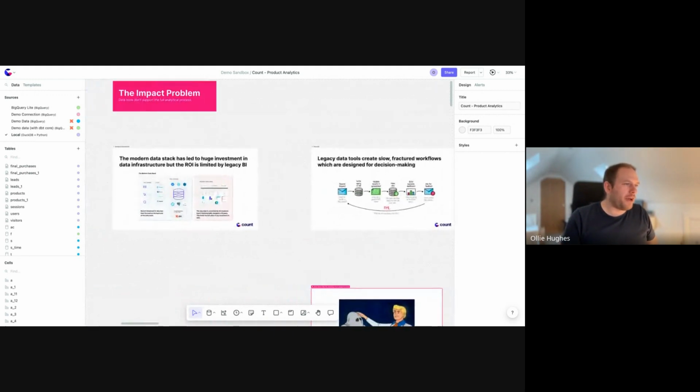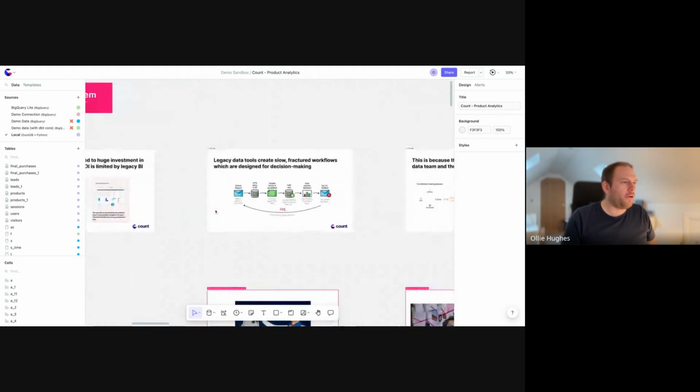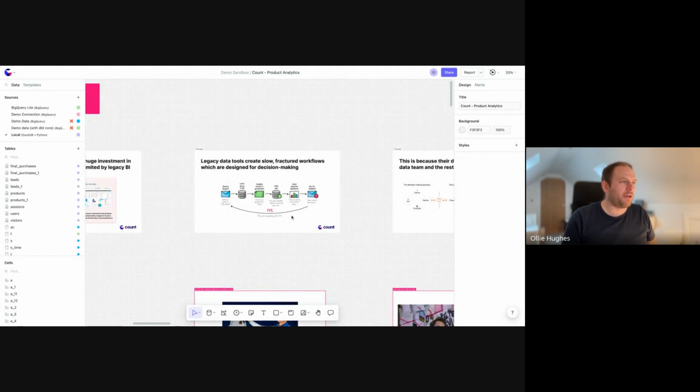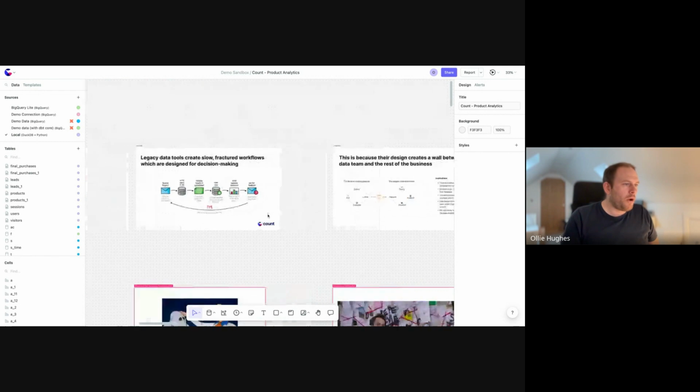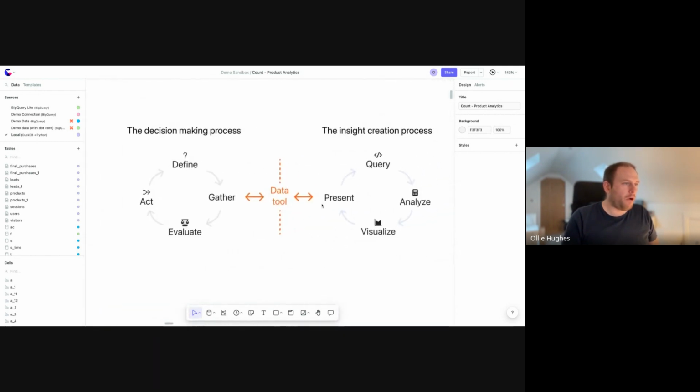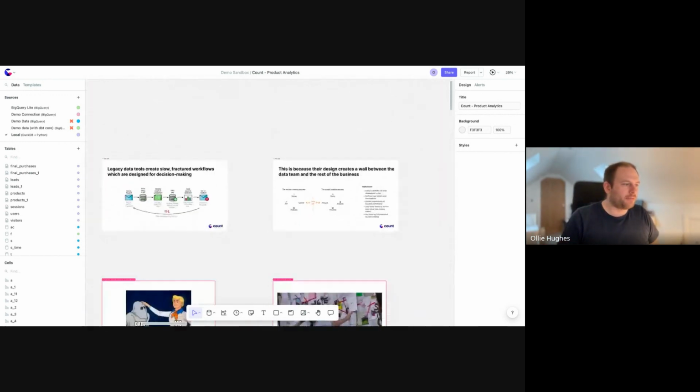So that is to give you the context setting for the problem that we are seeing in the market, more macro, the pain points you may be experiencing when it comes to a fractured workflow and trying to reach conclusions, where you've got to set up a workflow where the software you're using is very separate. There's a wall between the two different creation processes in the business.